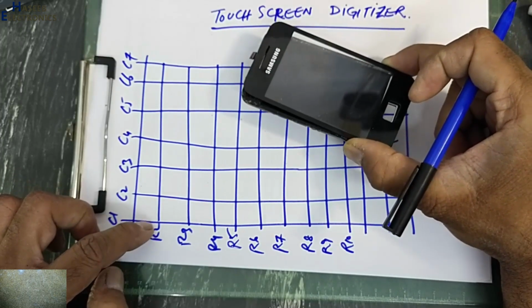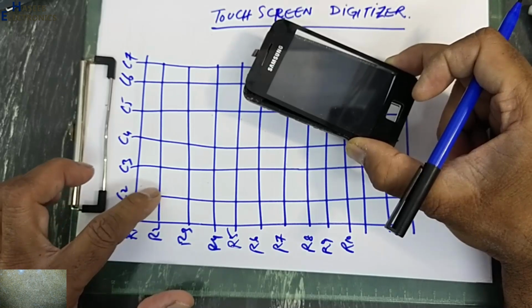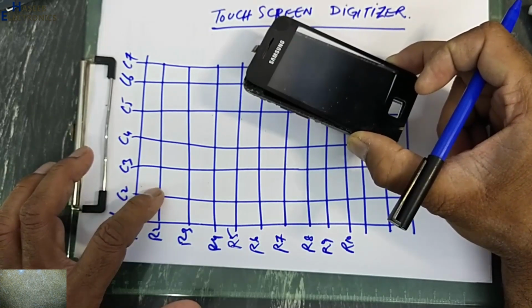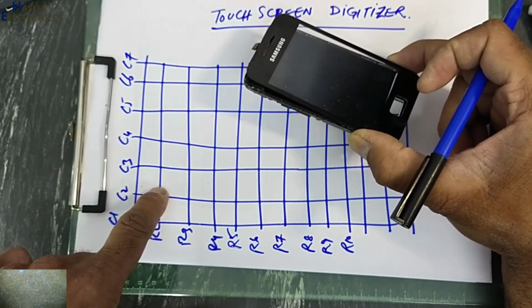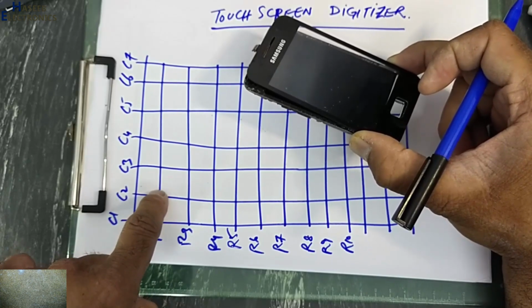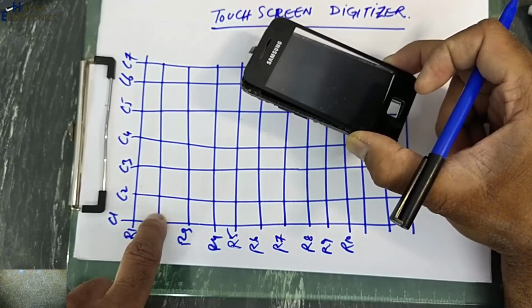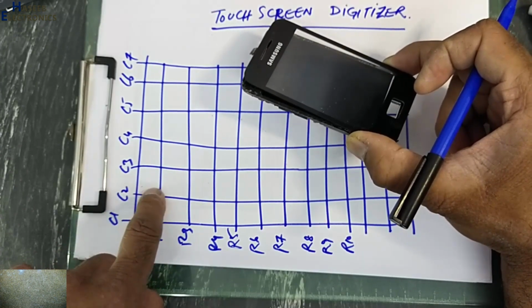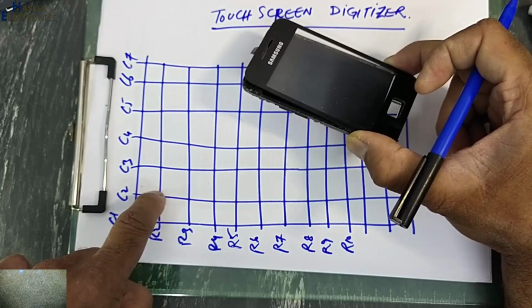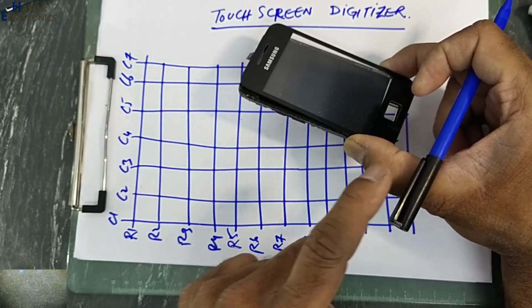In the past there was resistive touch screen, but now it is capacitive touch screen. These will sense the touch area and these will decode that here in this portion the capacitance is changed. It will sense row and column reference. The IC will decode this data and it will send to host computer.